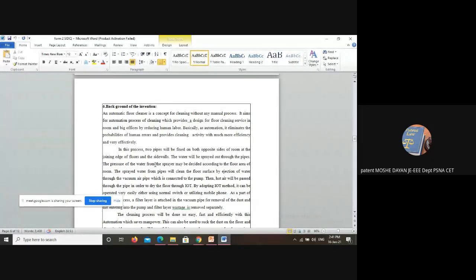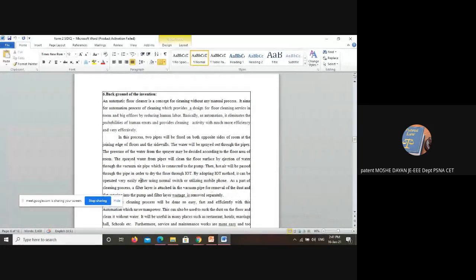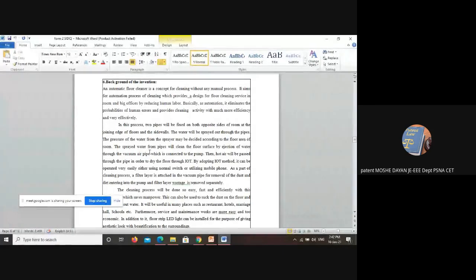Okay, but you need not mention the technical parameters, on what voltage it operates and how it happens. You need not mention, okay, mine works with this particular software, mine works with this particular hardware. No, you need not mention those things. So you have to be very precise with the working methodology and the uniqueness of it. For that, the background of the invention talks about why you came out with this invention. So the history behind this invention, that you have to talk about in the background of the invention.